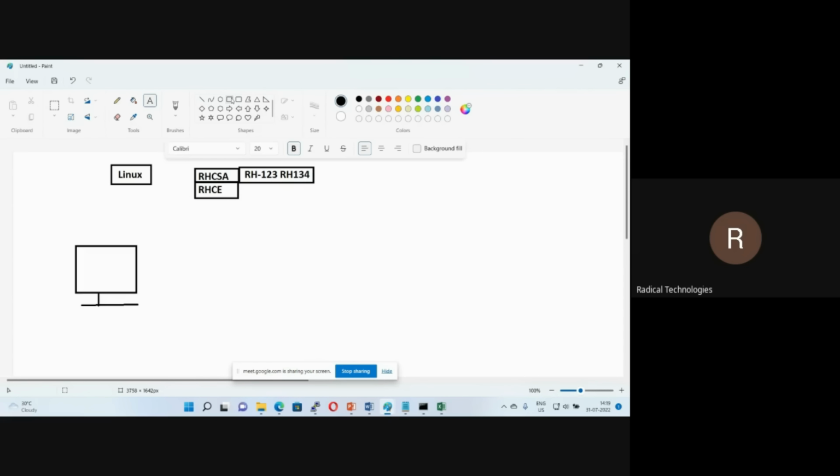on a single system. That means, guys, let's say you have two systems and you are an administrator. Let's say you want to create a user. You need to create the user first on system A, and then you need to perform the same activity on another system. That means this is a time consuming activity, right guys?